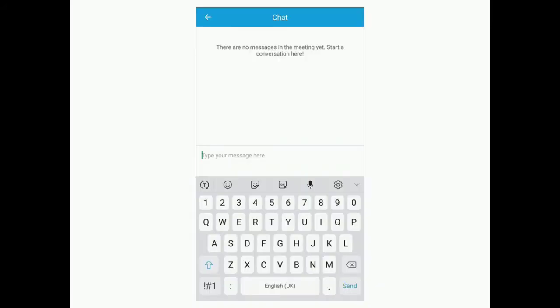Now we'll see what are the options here. You have got invite others, that is inviting the other participants. Here you've got a chat box. This is the mic. This button has to be clicked when you are going to stop the meeting, and this is the video. These are the options. We'll see one by one. Now in the chat box, the host as well as the participant can exchange their messages.